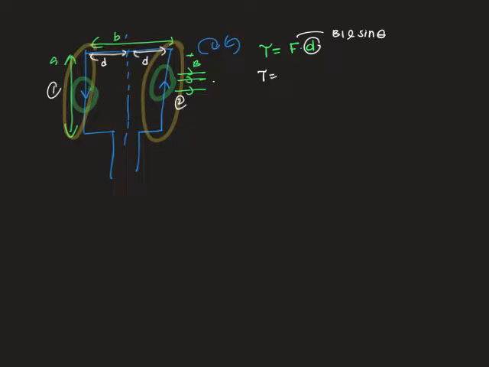So torque is going to be equal to B, and the I and the L here are going to be the length of a. The lever arm here should be b divided by 2. This one is the lever arm, from here to here. Because we have two forces there, we definitely need to put another one, which is BIa times b over 2. So when we add up these two, we are going to get